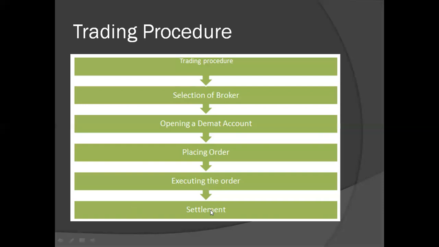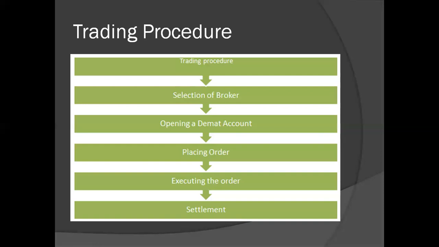Now we will move on to the last stage, that is the settlement stage. This means actual transfer of securities. This is the last stage in the trading of securities done by the broker on behalf of the client. The settlements will be of two types. First, on-spot settlement. It means settlement is done immediately and on the spot.